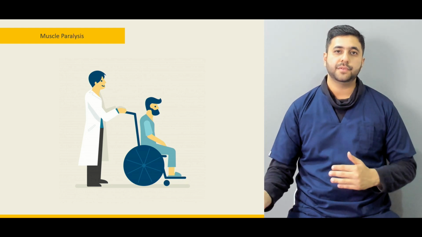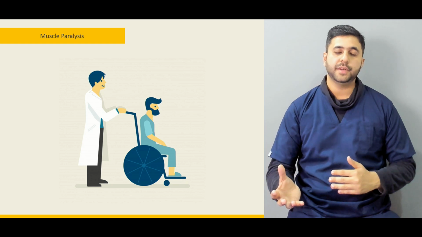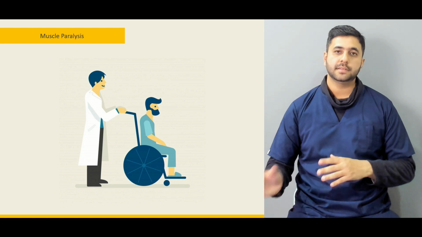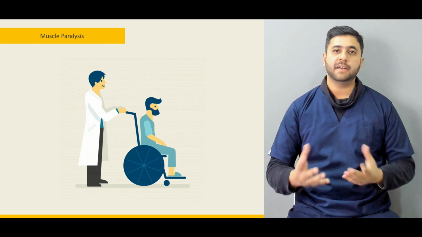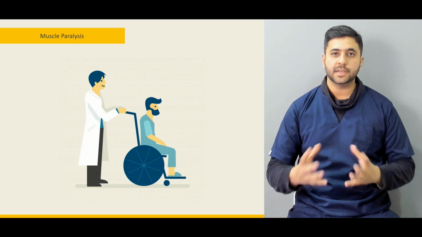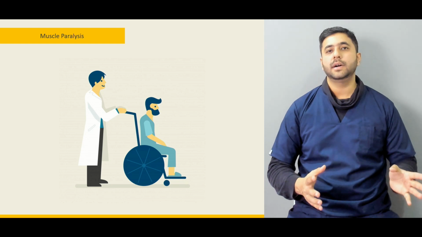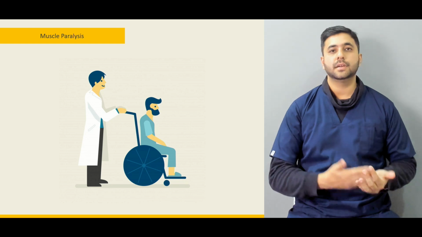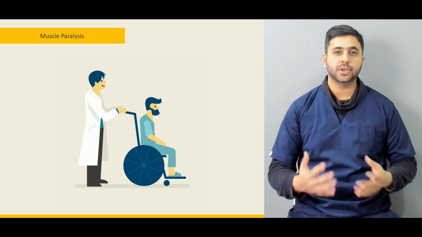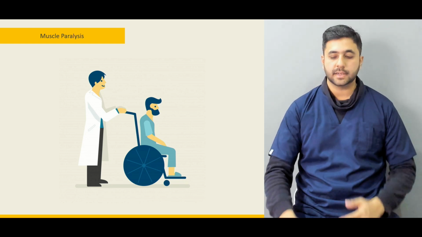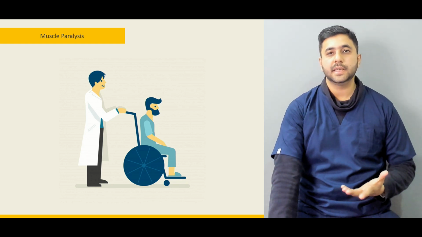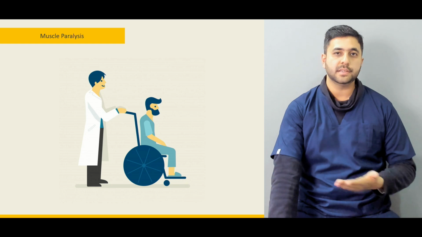So in terms of quantification of the loss, we can say muscle paresis is a slight muscle weakness. Then we have muscle paralysis, which is the weakness of the muscle. And then if we have complete absence of contraction and complete weakness, that is termed plegia or paraplegia or quadriplegia, as we are going to see in the coming lectures. So it is important to have familiarity with these terms because we are going to be using them interchangeably